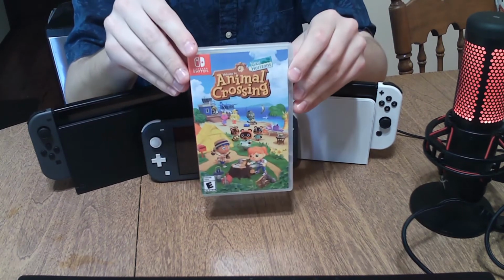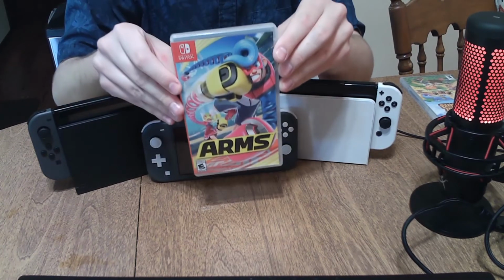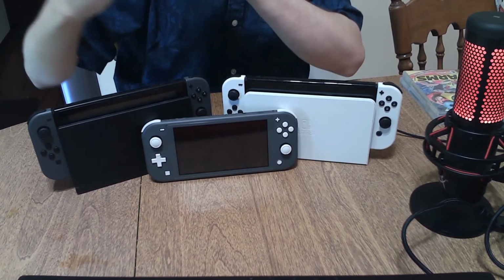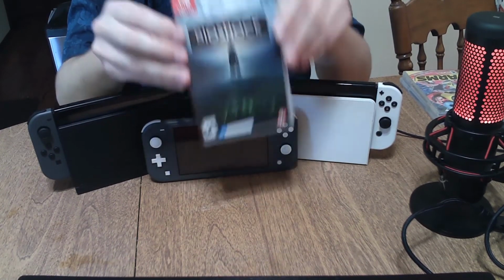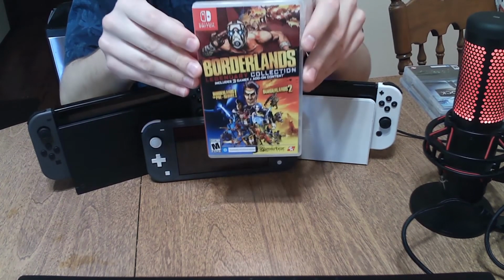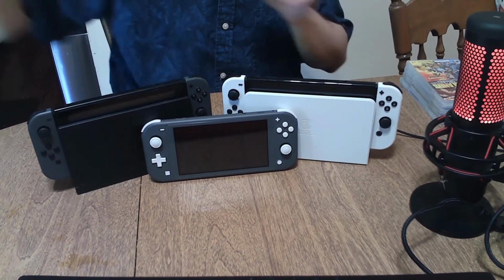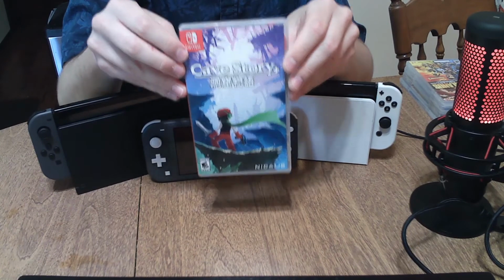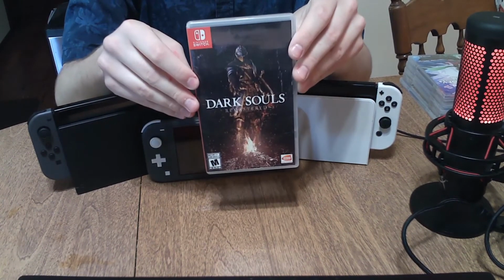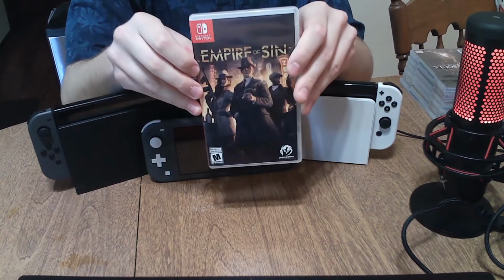We have Animal Crossing New Horizons. ARMS, another new IP from Nintendo. Didn't really kick off, though. We got BioShock, The Collection. We have the Borderlands Legendary Collection. We have Cave Story, Dark Souls Remastered, Empire of Sin,